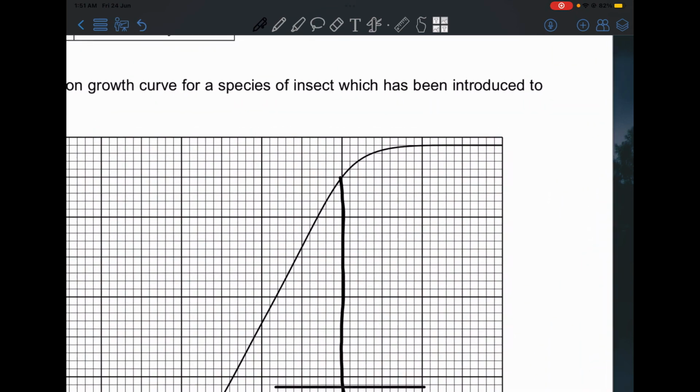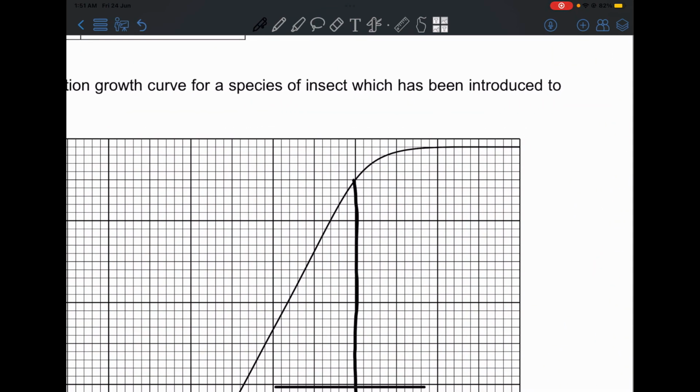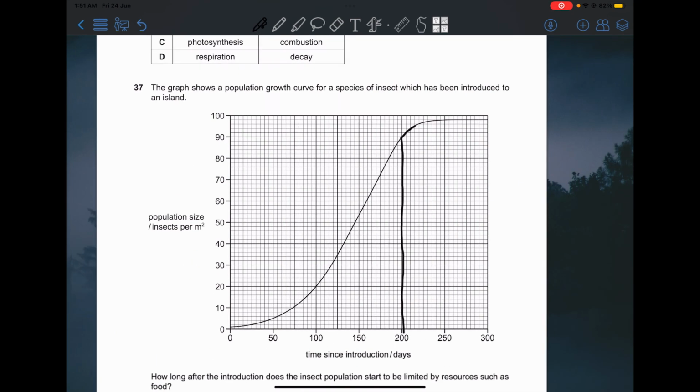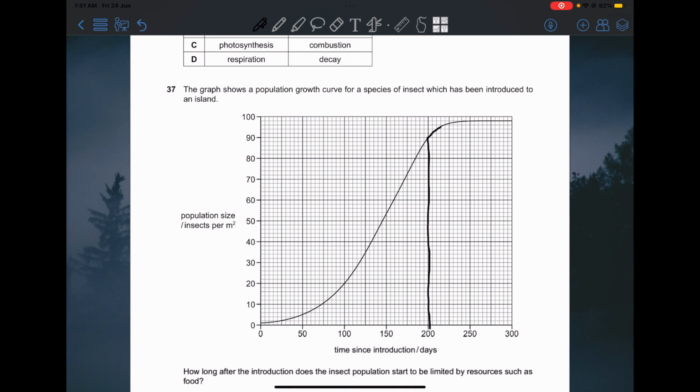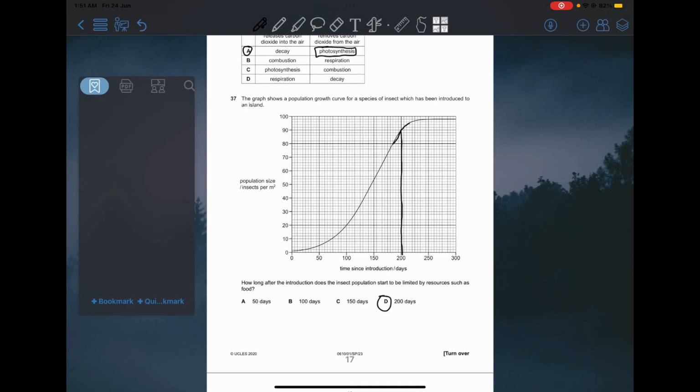This is where the population has started to be stationary, or it's beginning to decrease. So over here we can see that it decreased after day 200. It was increasing until there was a change at day 200. So actually our answer is going